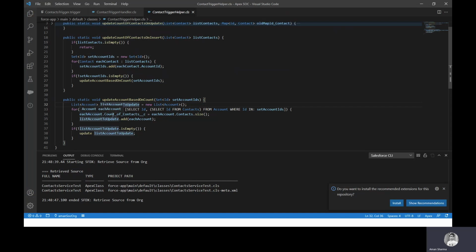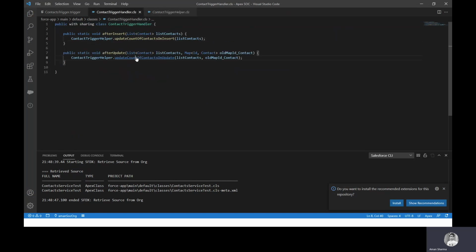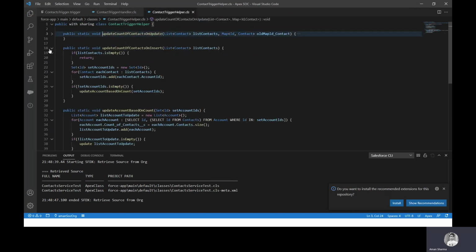So here the field is being updated: count of contacts is equal to account.contacts.size, and list of accounts to update dot add each account. So that object is being added to a list, and then we check if it is empty; if not, we update. Again, if we look at the update scenario,